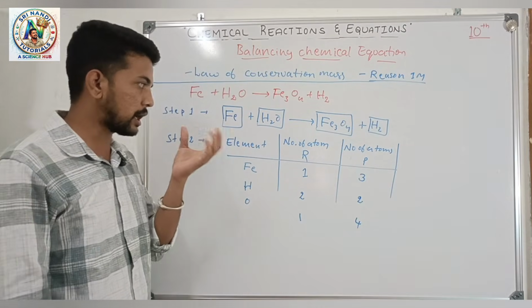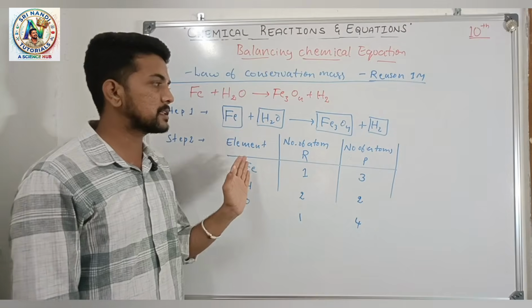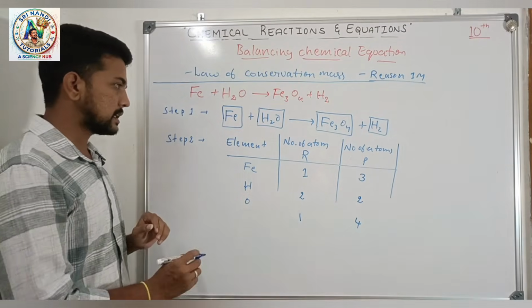This is complete, right? So you have to count and compare the number of elements present in the reactant side and the number of elements present in the product side. So after that,